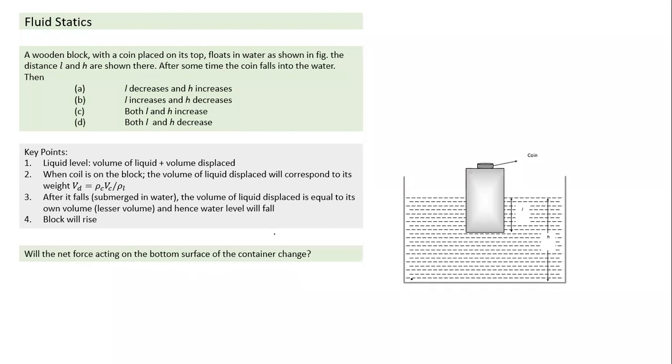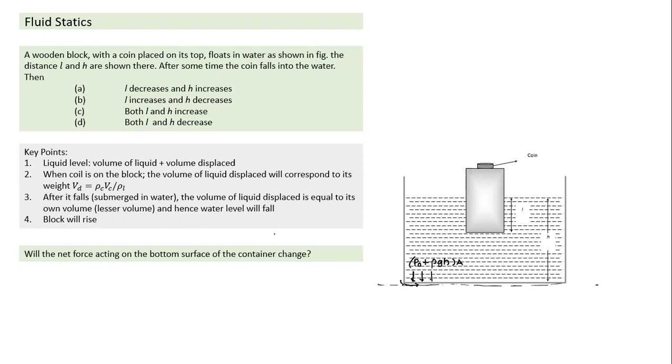See, if we calculate the force exerted by the liquid. If height is h, the force exerted by the liquid will be, pressure will be P naught plus rho gh, into area. But outside also, even if we keep on any surface, one more point all of you need to understand here. If you keep any vessel on a surface, even if you make the surface very smooth, there's always air pressure acting on the bottom side of the vessel also.